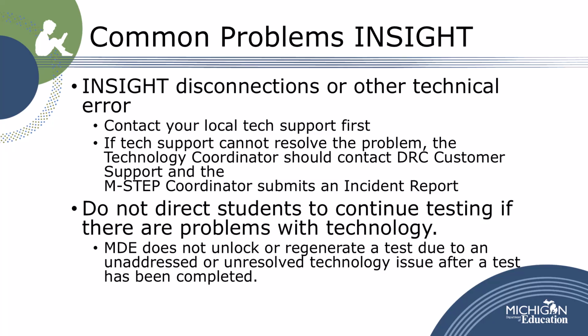In online administration, there may be an issue with Insight disconnections or other technical errors. This can be due to a local connectivity issue, or a network issue, or it may be an issue that needs to be resolved with DRC. So, the first step in any situation of a technical issue while testing online is to contact your local technology coordinator. If the technology coordinator cannot resolve the problem, then they should contact DRC customer support and, if necessary, the